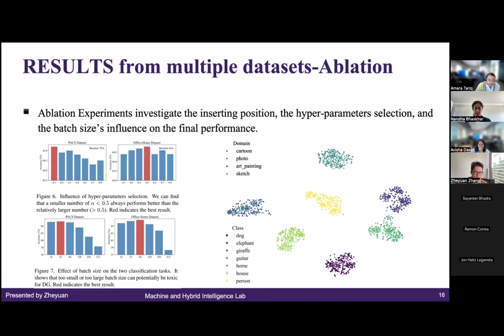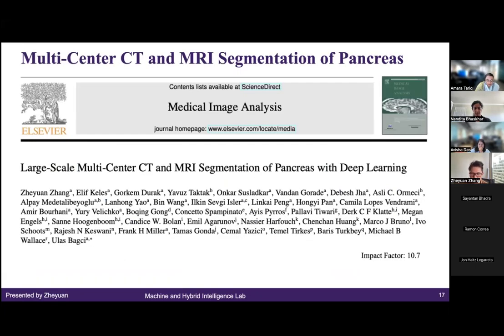But going beyond this, this is a relatively simple classification task, and going beyond it, most of my research focus is on medical segmentation. We know that in medical segmentation, the problem might be more challenging because we have relatively limited data. For example, for the MRI datasets, we only have case samples of around 100. This will introduce significant issues. And in this work, we are focusing on the pancreas study,